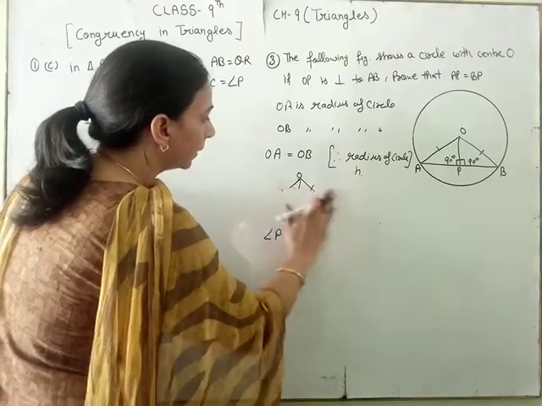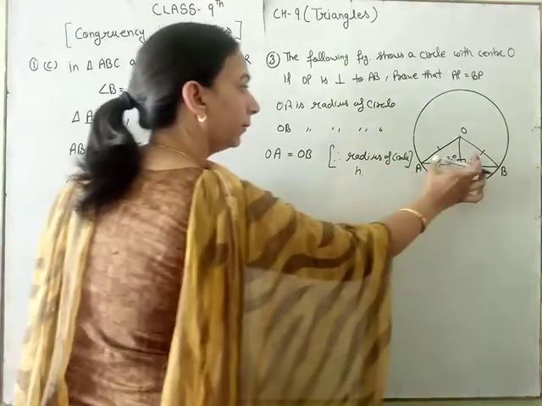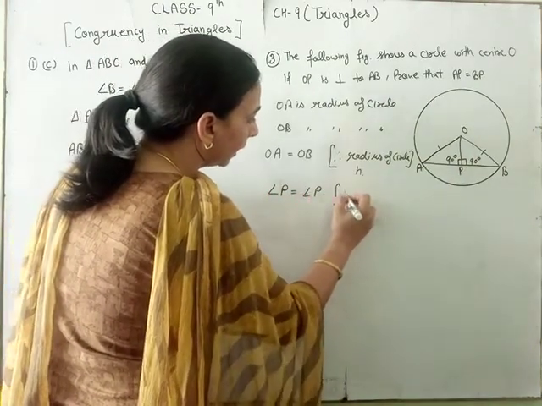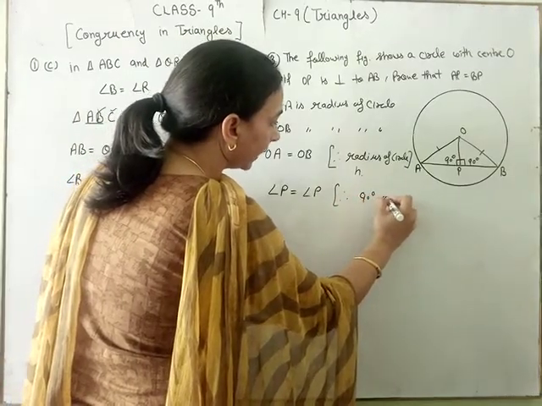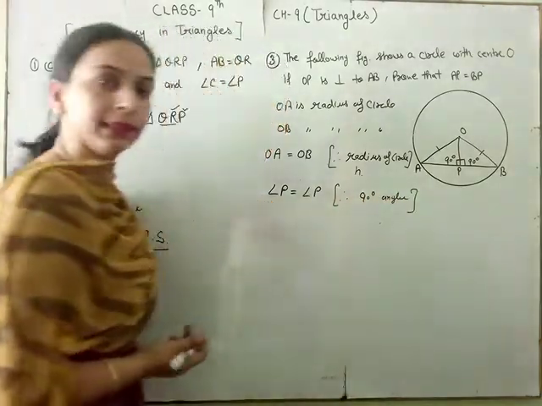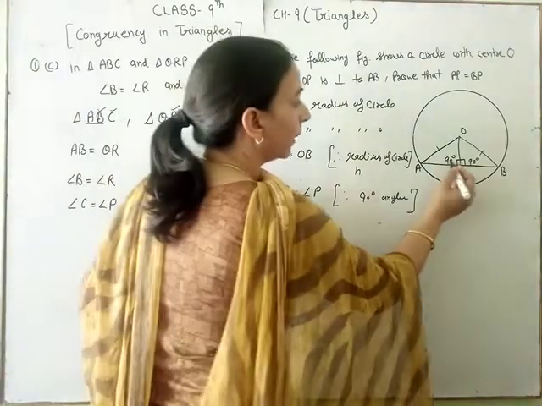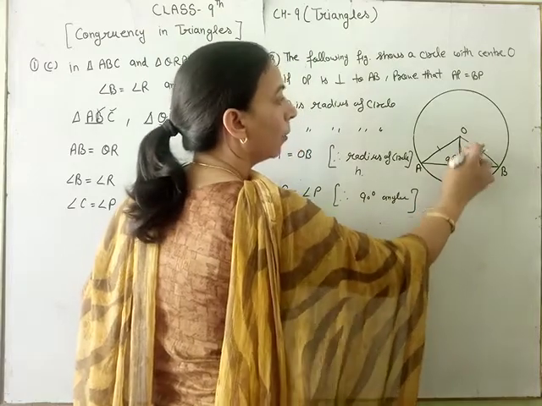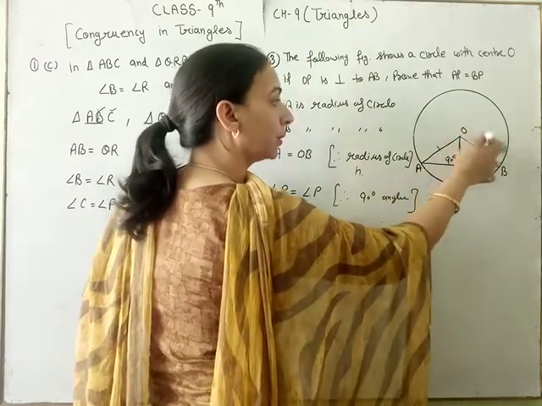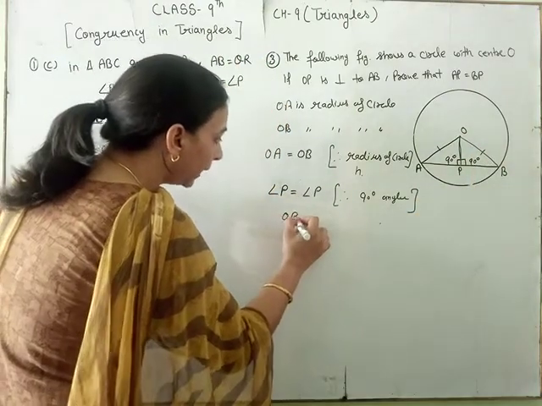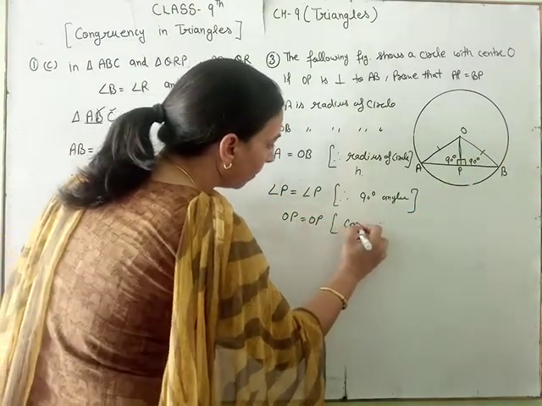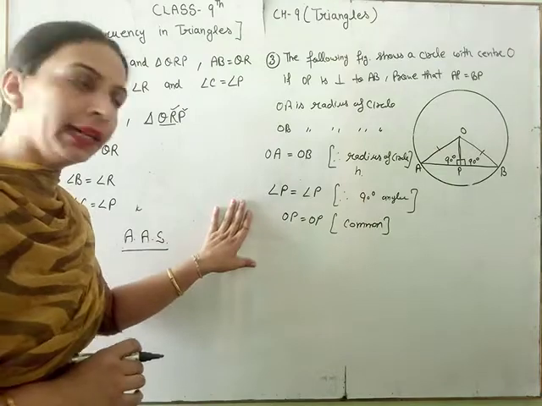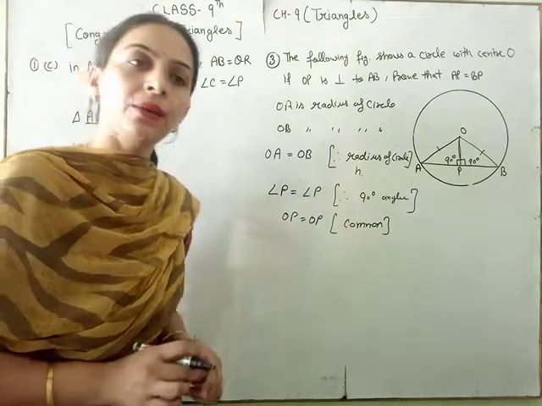Next, we write angle P equal to angle P. No need to show it again, we take only this. Angle P equal to angle P, and this is a 90-degree angle. Second is complete. Student, one angle, and this is the hypotenuse, and this side OP is used in this triangle, OP is also used in this triangle. Then OP equal to OP, and this is common. Then three conditions are satisfied here, so these two triangles are congruent.